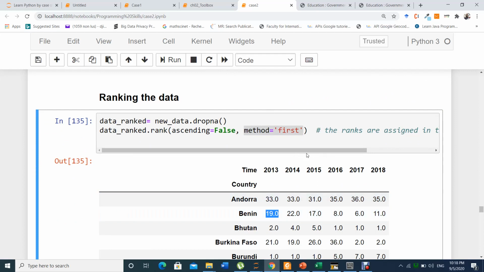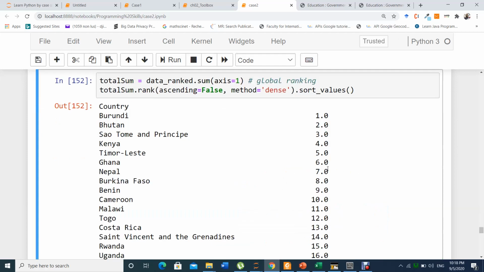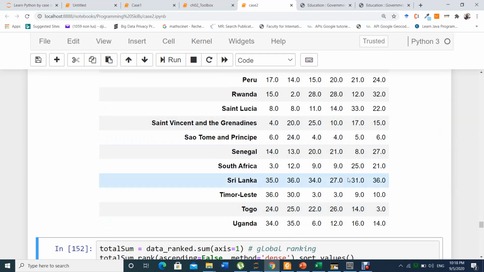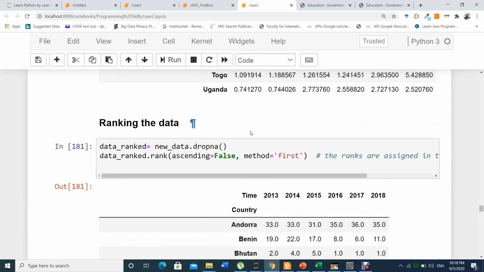But I can use another method, for example the dense method. It will order the countries by first position, second position until the last position, I mean from the top country according to GDP to the last country. But here, I say first, so he will just give a rank value according to the way the country appears in the table. This is why we use this method. So when you run it, it will give the rank of the country. You see, now we rank the countries per year.